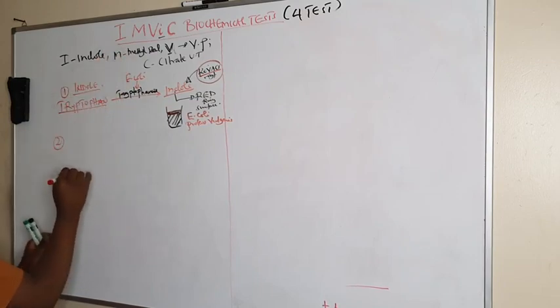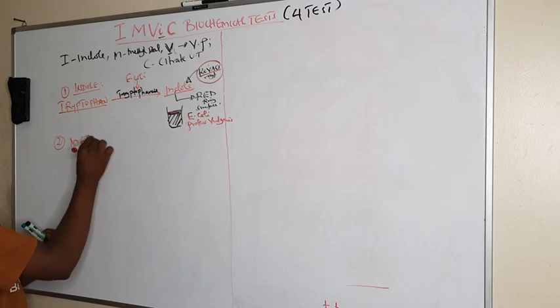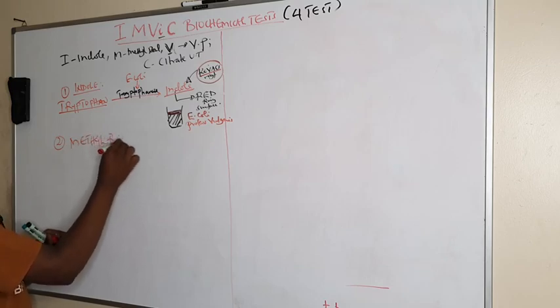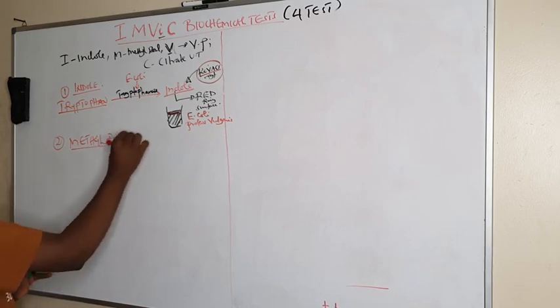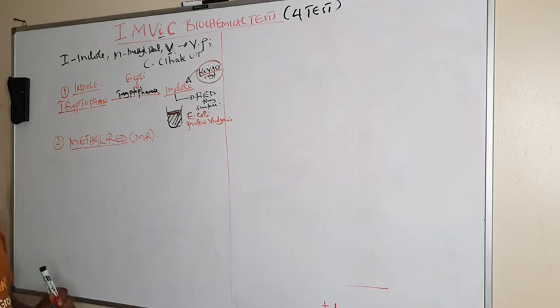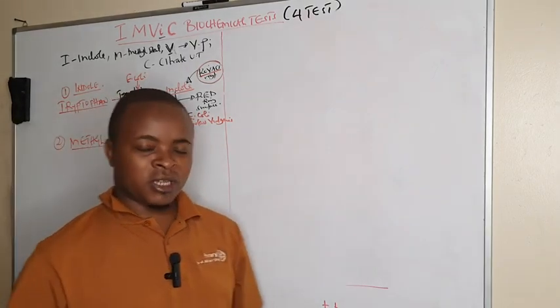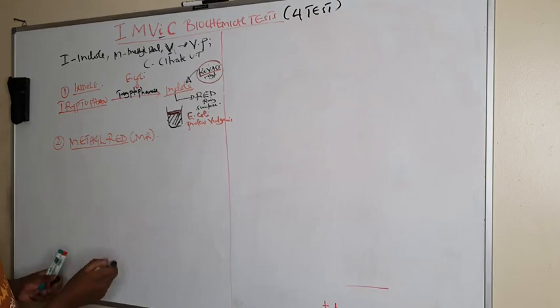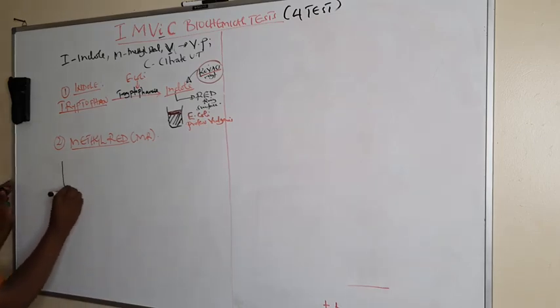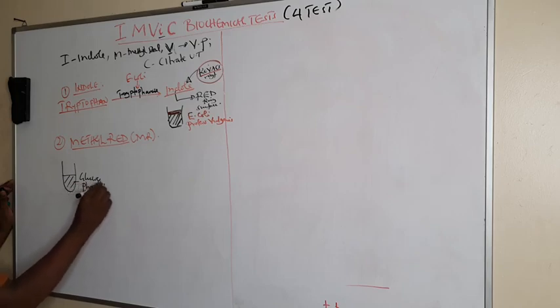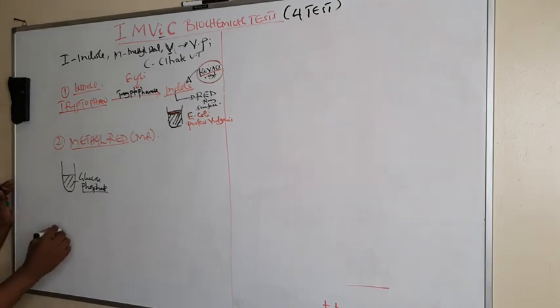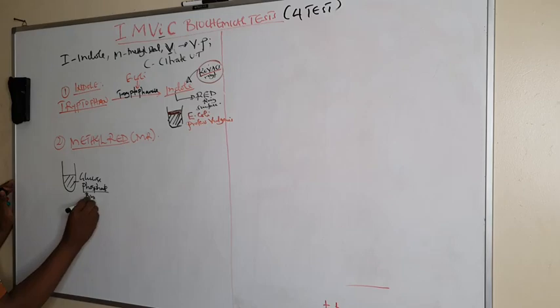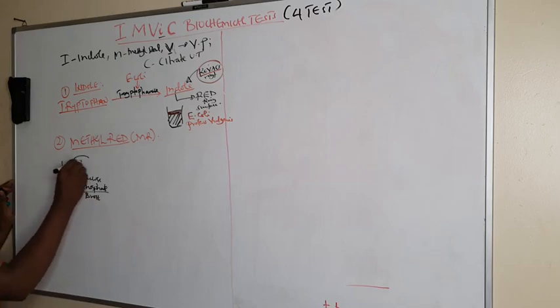Then this was number 1. Number 2 we can talk about is the methyl red test, abbreviated as MR. This biochemical test identifies using the indicator methyl red. So if you have a tube, you add what we call glucose phosphate broth. The phosphate is acting as a buffer to maintain neutral pH. So this broth, if I come and I add an organism